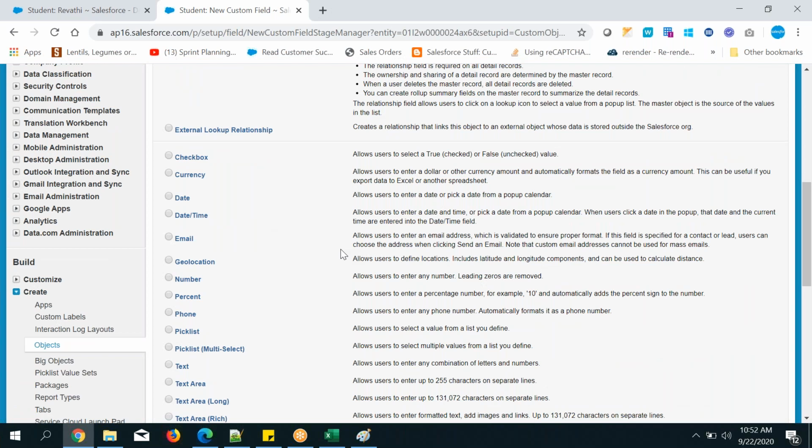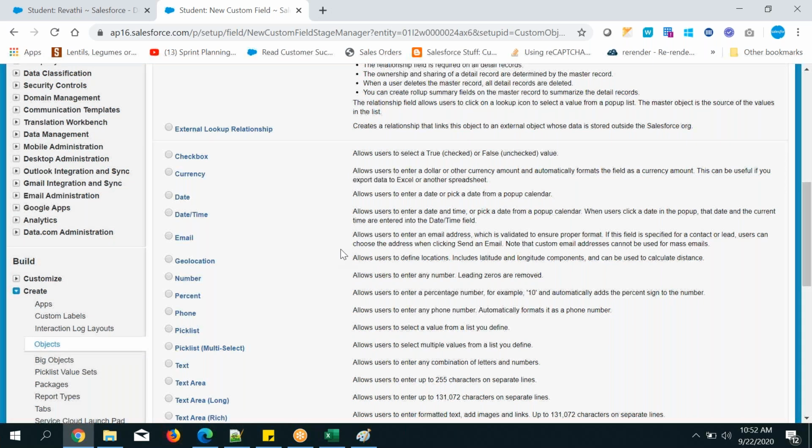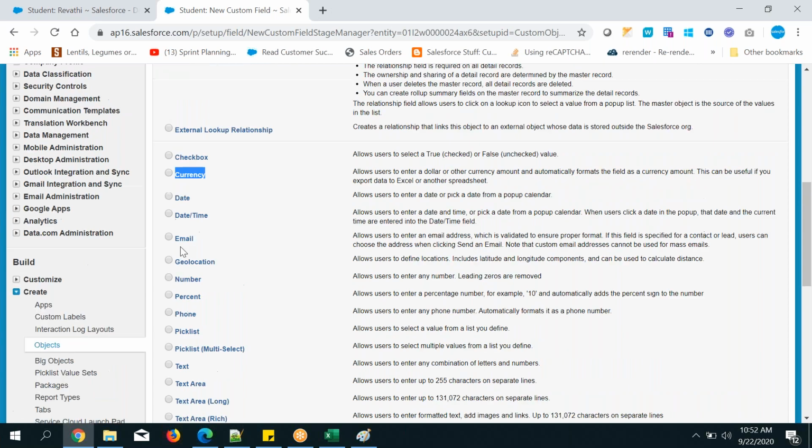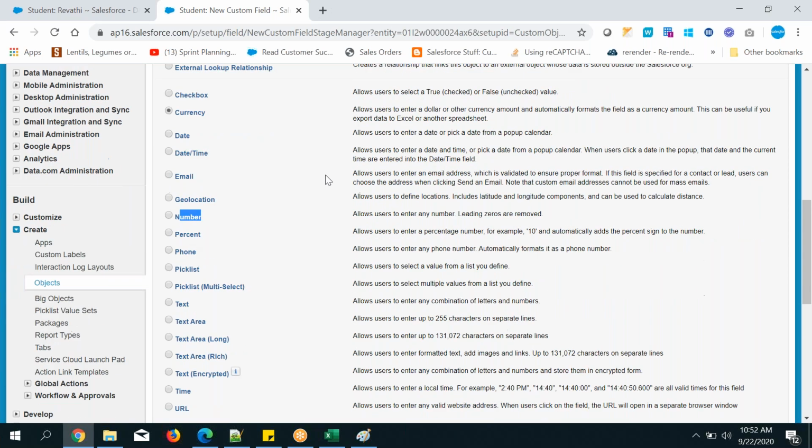It means money. Any money related field, you can select the currency data type simply. This data type is used to store money related things. And integer is also there. Integer is nothing but a number. Don't worry. Currency. Next.